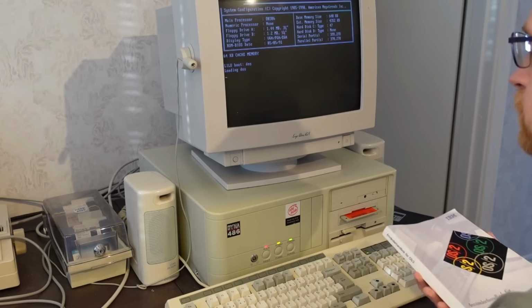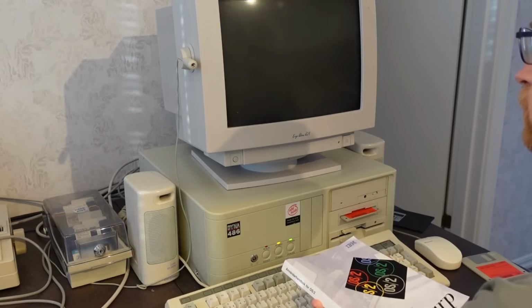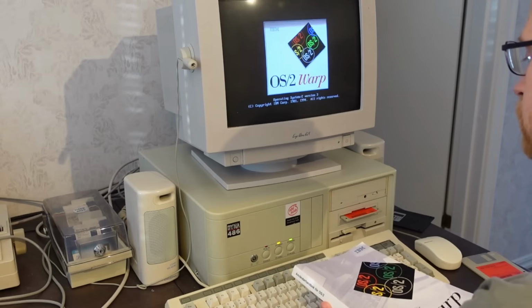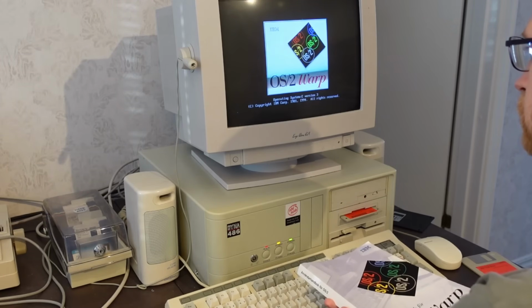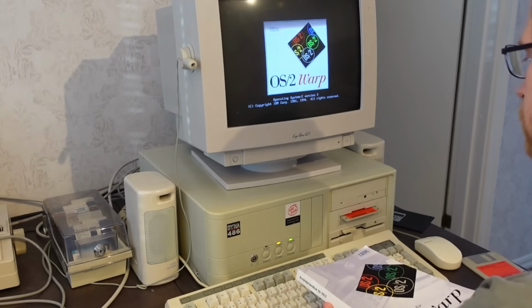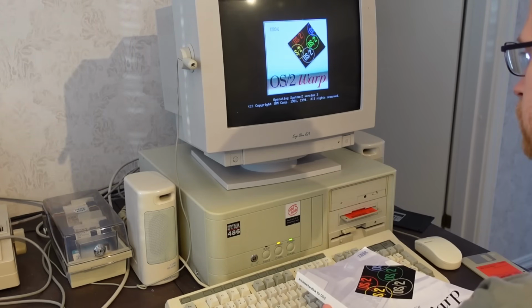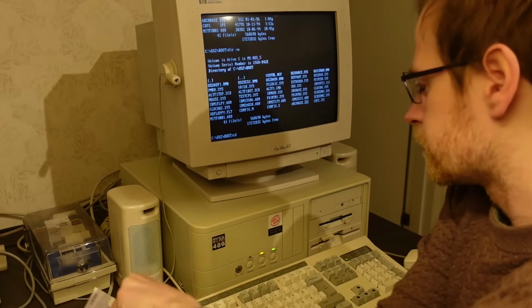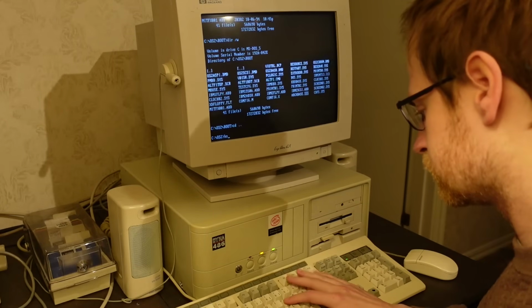Right, we're back at the real computer. So, how do I get Windows 3 back? By studying the manual for OS/2, it does apparently automatically set up a dual boot, allowing you to switch between DOS and OS/2. So I boot from a DOS floppy and run this boot manager utility.